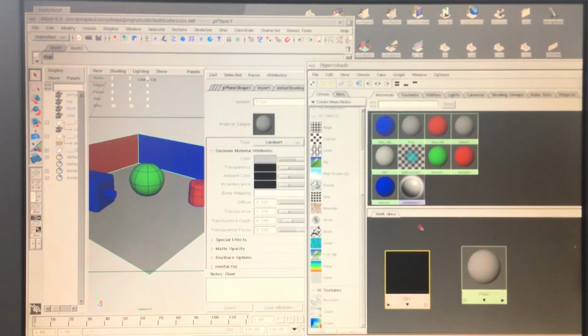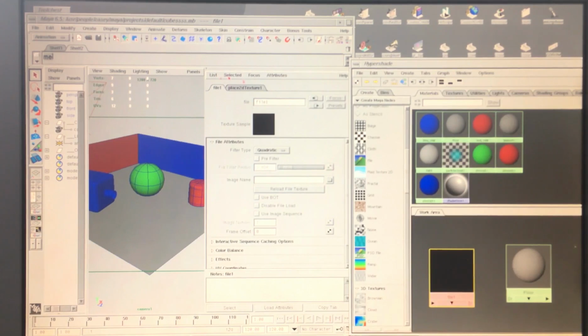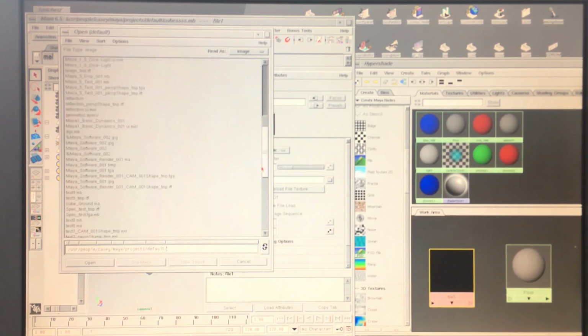So let's go into this file node. And we see here with the file node and the attribute editor comes up, there's no image plugged in. So we'll click the little file guy, and I should have something that I can throw in right away, like a wooden one. I think I have something here that's already